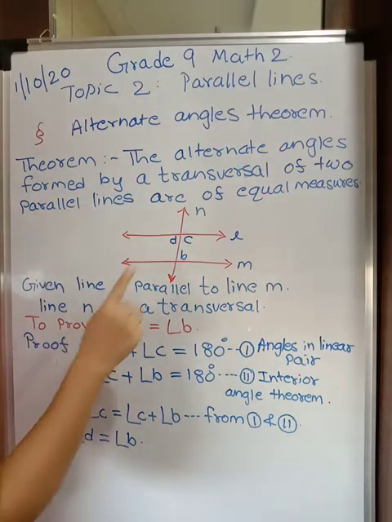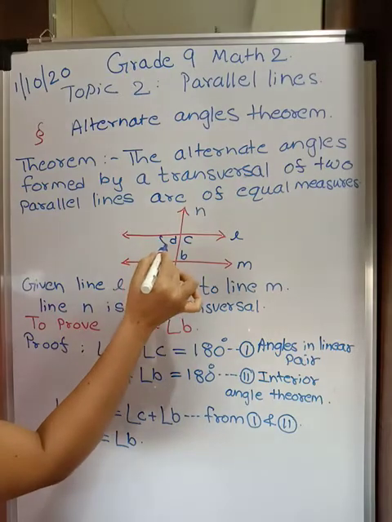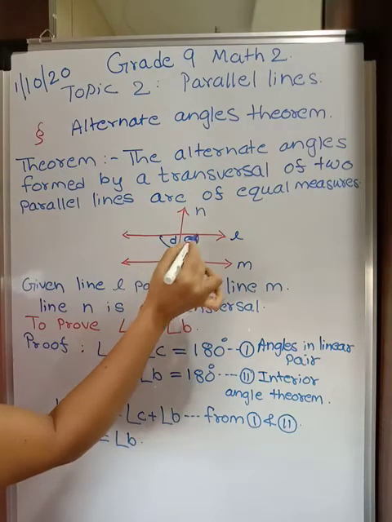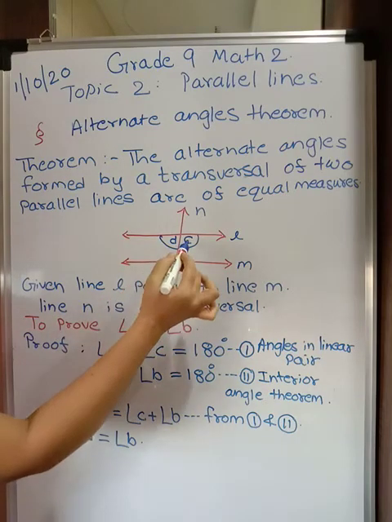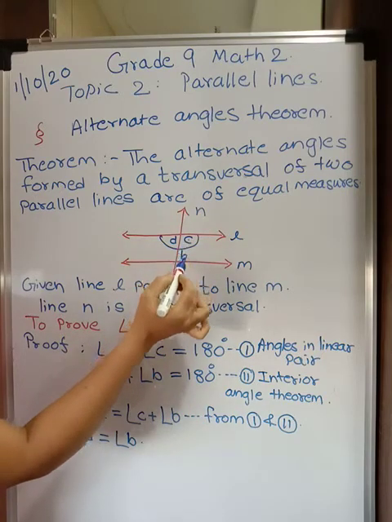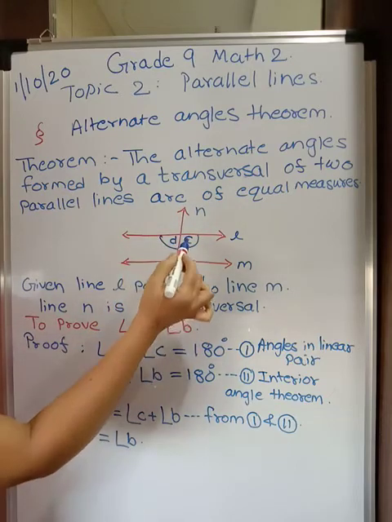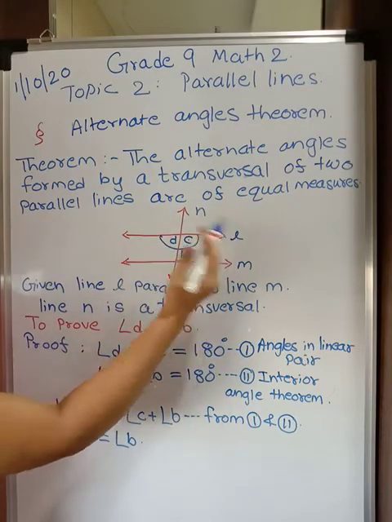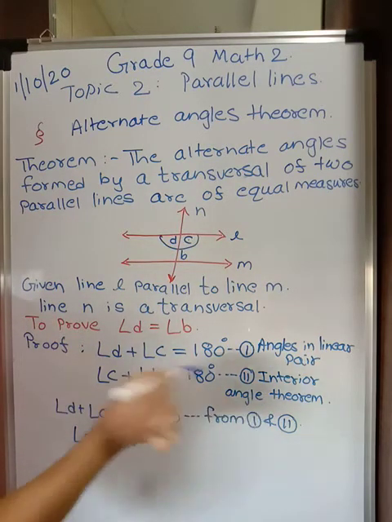Now see, first is what? Angle DNC is equal to 180 degrees. What is the reason? Can you see this angle is 180 degrees? These two will add up to form a 180 degree angle because they are angles in a linear pair. Angles C and B, their sum is already 180 degrees. What is the reason? These two are interior angles, and if lines are parallel and cut by a transversal, interior angles formed on one side of the transversal are supplementary. Supplementary means they add up to give a 180 degree angle. So I have written here the interior angle theorem.